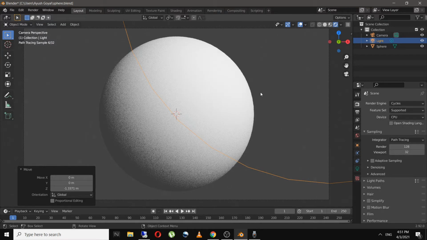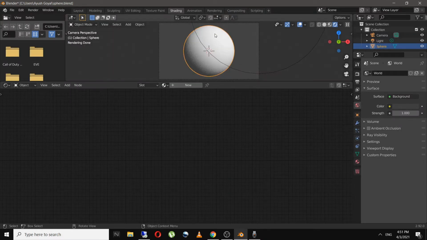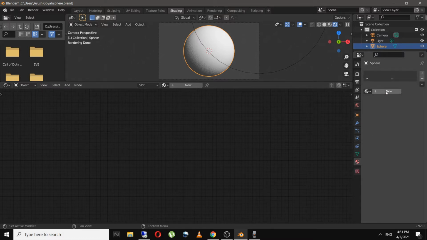So in the shading tab now I will click on this, and as you can see we have no materials over here. So to add a new material there are two ways. You can click over here in material properties and click on new, or you can click on new over here like this.